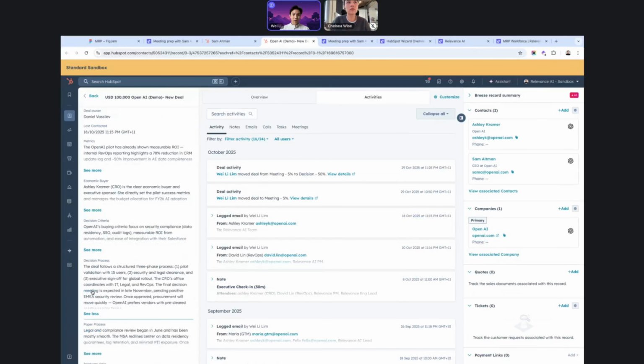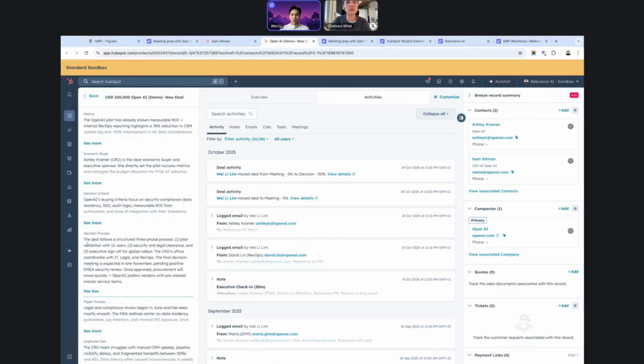It refers to this stage and says the executive sign off for global rollout is third on that list. Using that context, it can search deeper to figure out who exactly this executive sign off is, whether Sam is the right person to speak with, and if so, what he cares about.